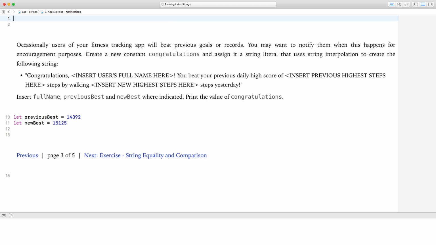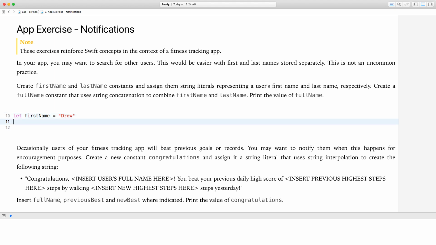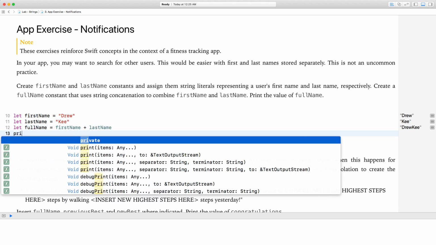Okay, what happened here again? Same thing, eh? Interesting. Not sure what's happening here. Okay. Let first name equal, let's make it up, let's say Drew. Let last name, let's make that up, let's call it Key. So cool last name. All right. And what does it say here? Okay, so let full name equal first name plus last name, and we're gonna print full name,